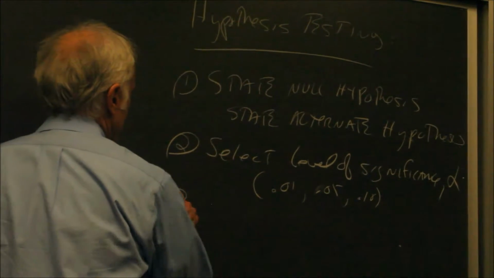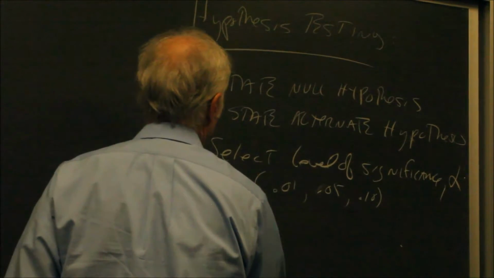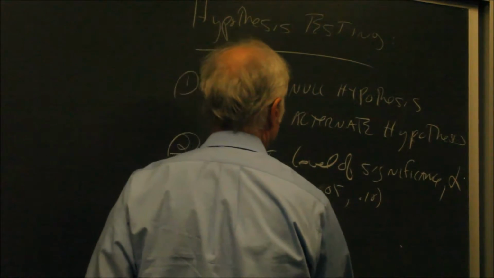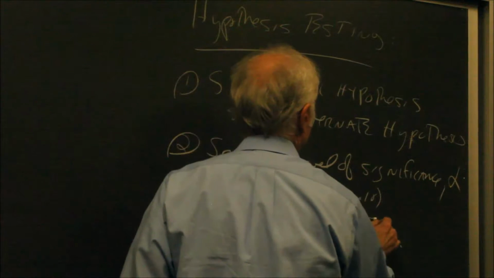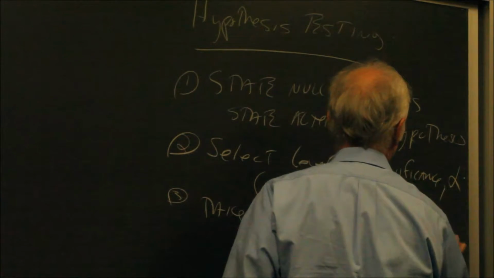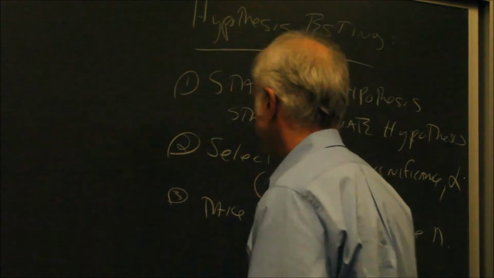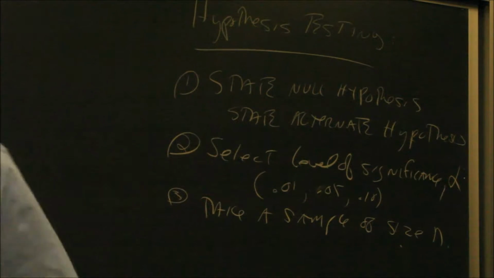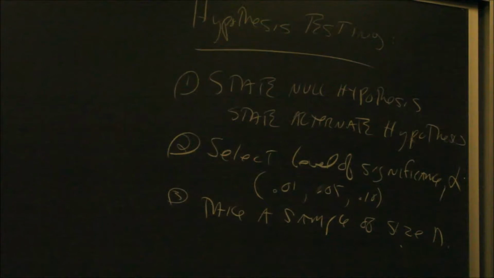The third step is to take a sample of size n, little n. Okay, because once again, we don't have time and money to survey everybody. And so what we do is we select the sample, and,